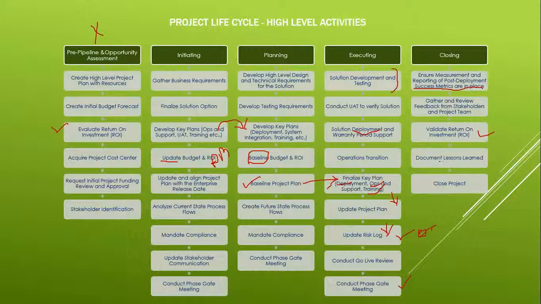Then we have document lessons learned. Lessons learned is part of whatever you have gathered as feedback. It means what your struggling points were, and you document everything. This is a good practice, but there are some bad practices where organizations don't do it. The idea is that if you do it again, how much better would things be? But this is not a very common practice with organizations.